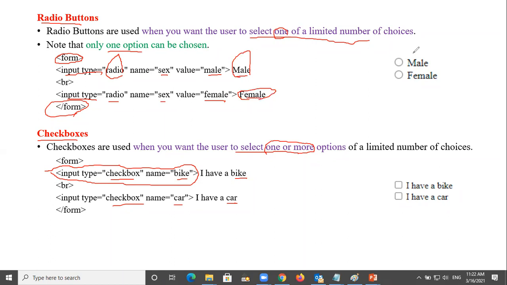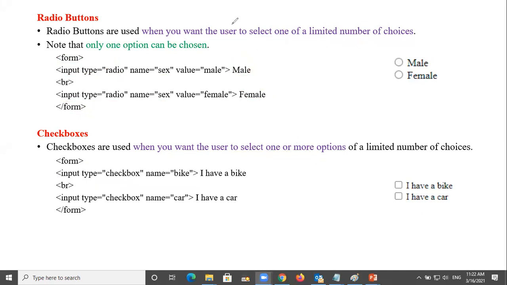This part only makes the button. And here also, only I have a bike and I have a car appears. This part does not appear on the website when you create it, but it allows you to have these things here.